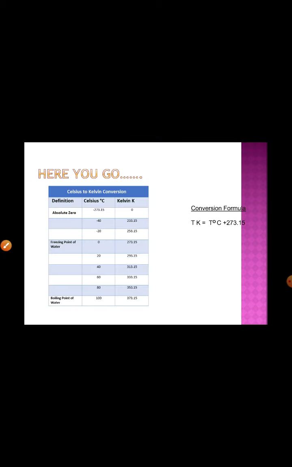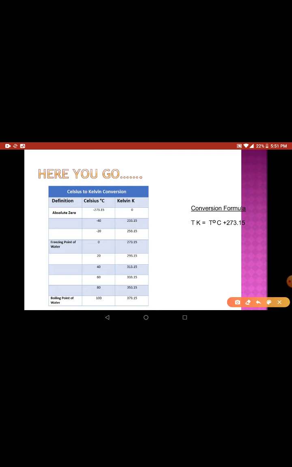So how do you convert this? Here in this table you can see minus 273.15 is 0 Kelvin. So what you do, let us say you add plus 273.15, then it becomes 0, and on this side you also add 273.15, so it becomes 273.15. So 0 degrees Celsius is actually 273.15 Kelvin. And 0 degrees Celsius is the freezing point of water, and in the Kelvin scale you can call it 273.15.